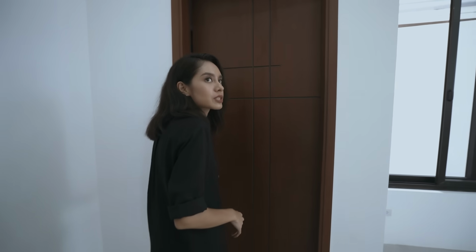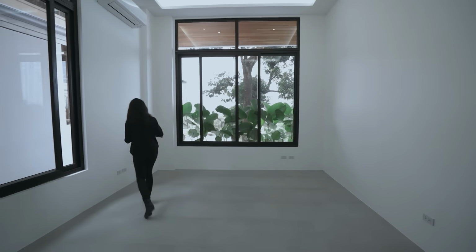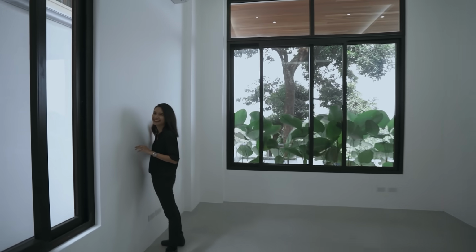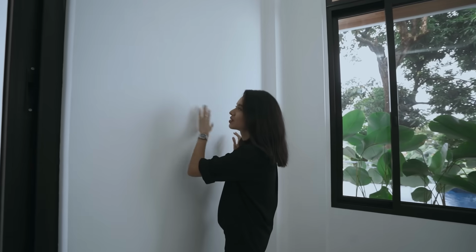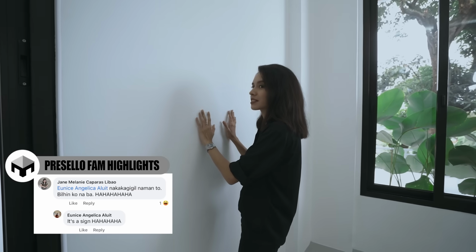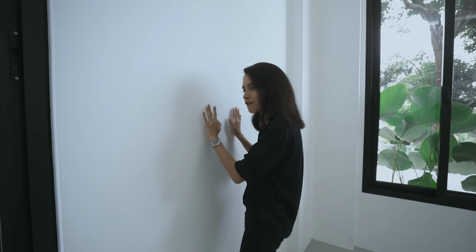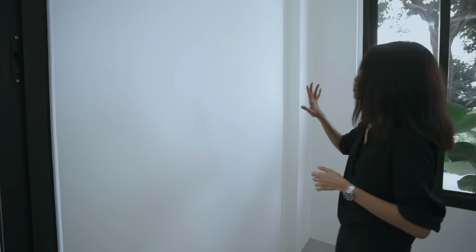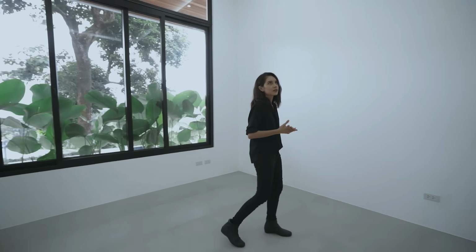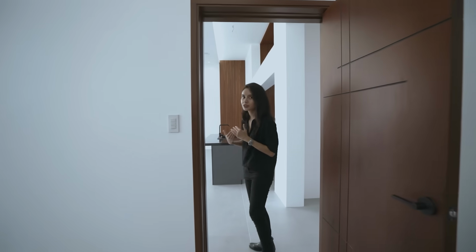And there's another thing that I noticed in this house. So I don't know if we can show it, but check out the wall. Is that a weird thing to show? But notice anything? It's diffused. It's not shiny. It's matte. It's a matte white, almost like an eggshell. It literally feels like an eggshell, okay? If you've ever touched fresh eggs, that's what it feels like. A little rough, a little textured, matte and diffused. And that's what makes the room feel softer, you know? So it has all of these sharp lines and angles, but it feels soft and diffused because of that matte paint. Okay, once you leave the room,